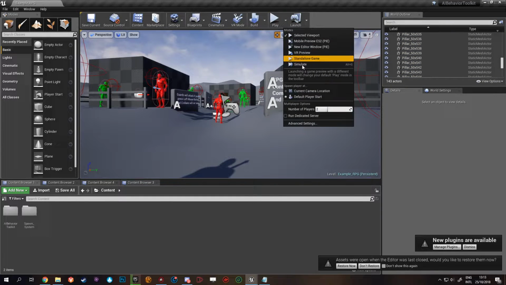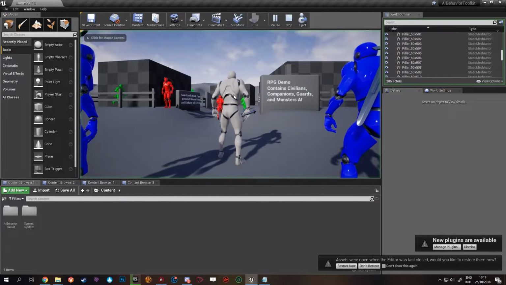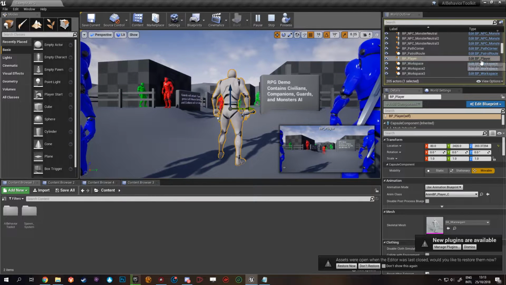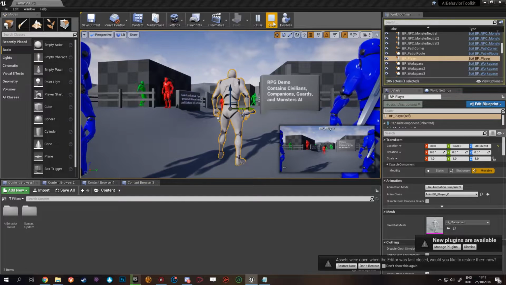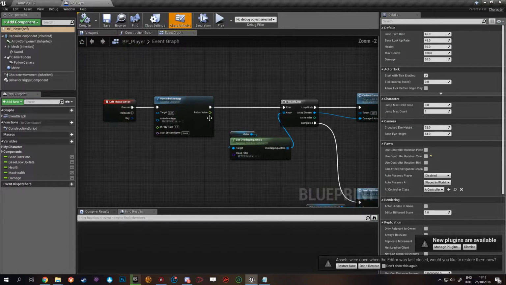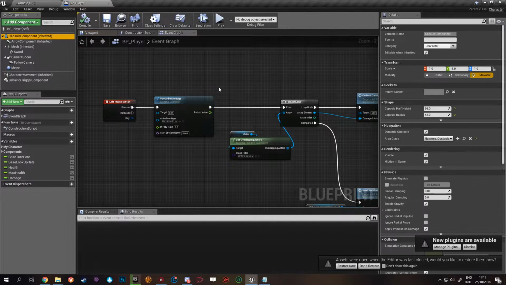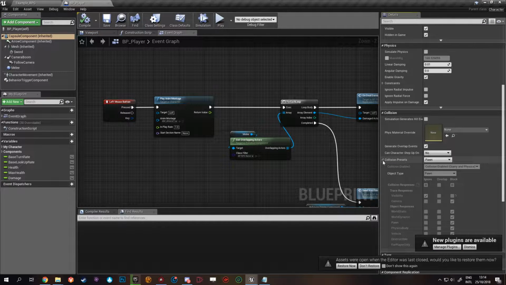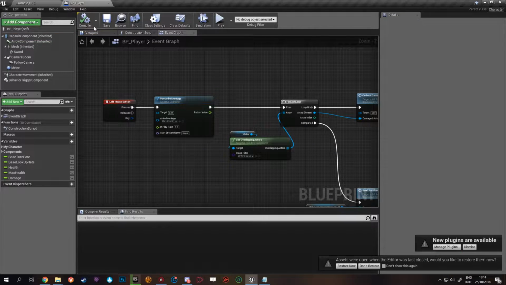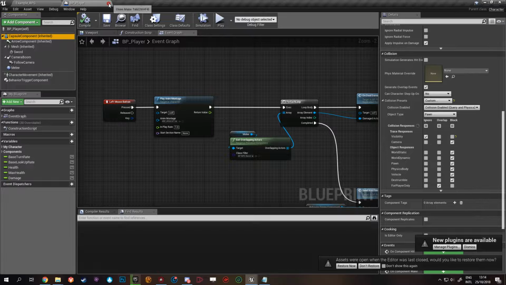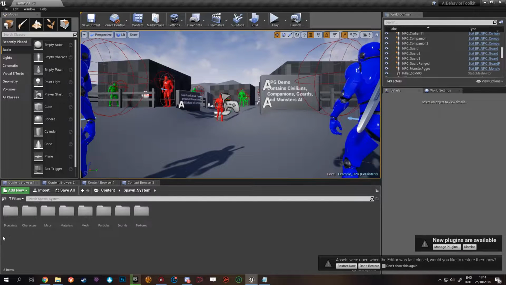Why is it not selecting? I want to find the player character. There we go. In the BP player character, we can then change the capsule component to custom and overlap for player only, and keep it on object type pawn. Then in spawn system,